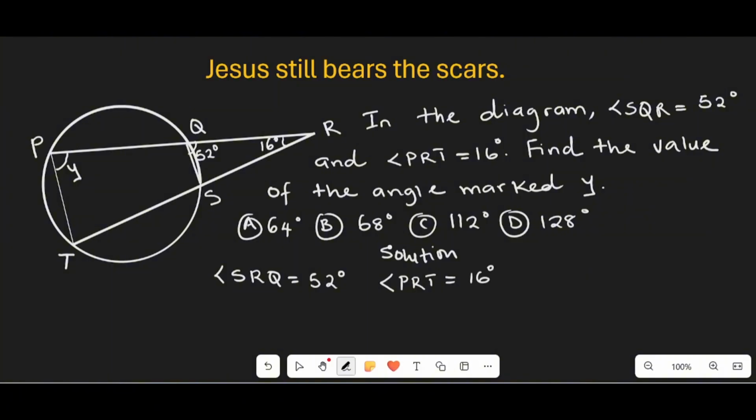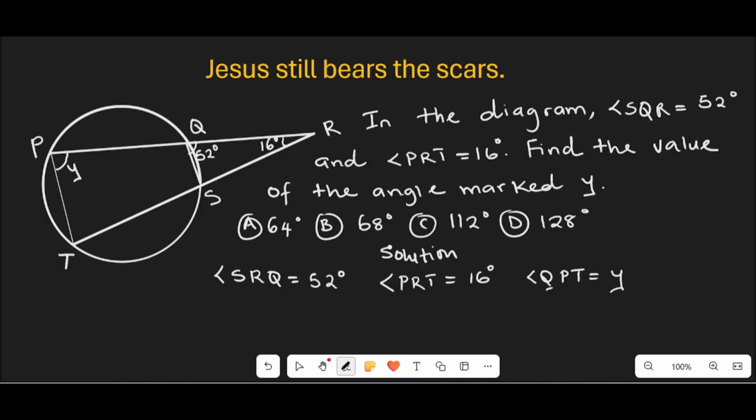The question says we should find angle QPT, which is marked Y. Angle QPT equal to Y. First, let us find angle QST,